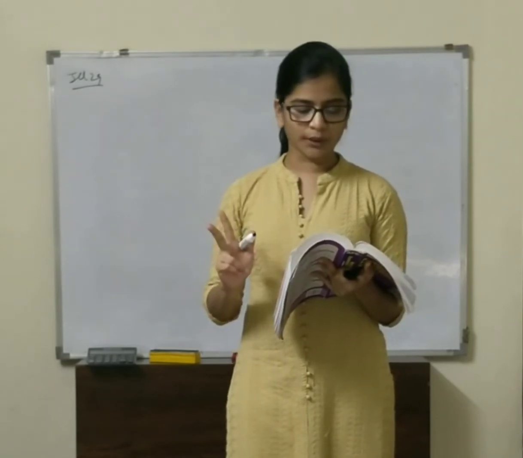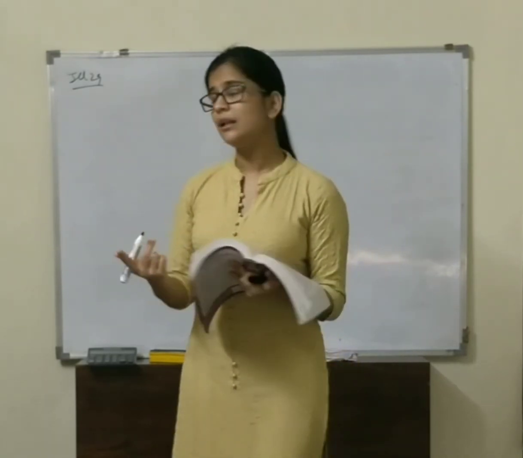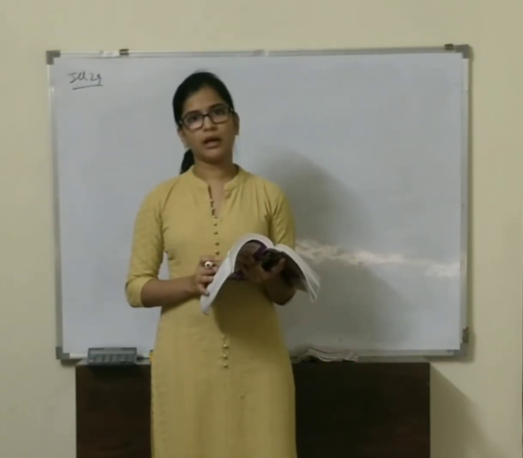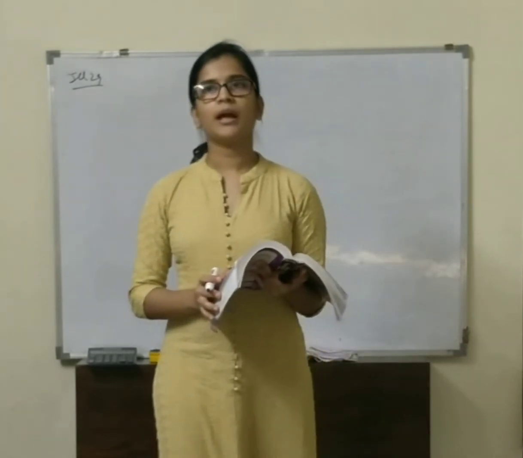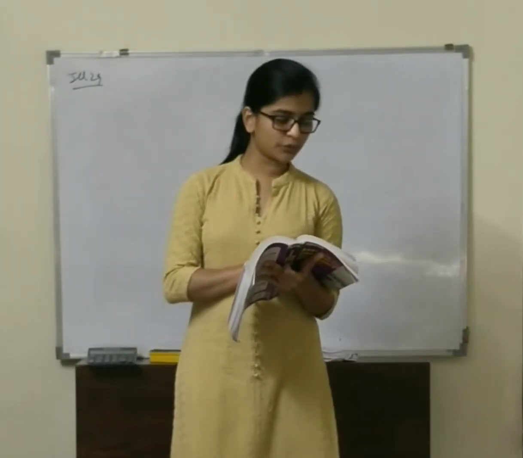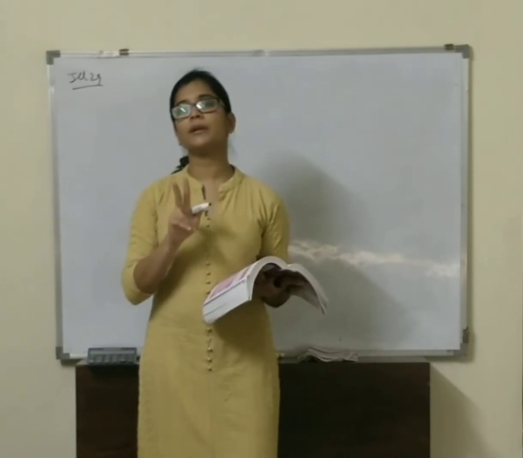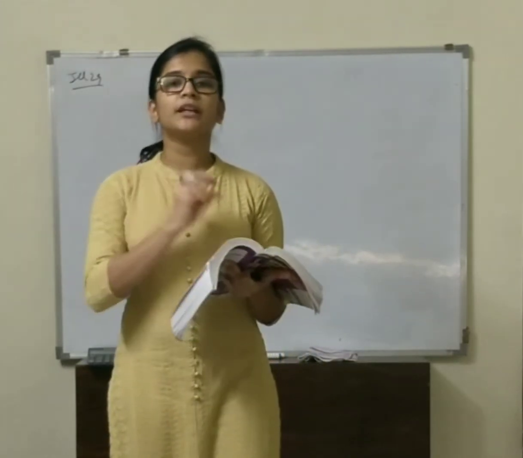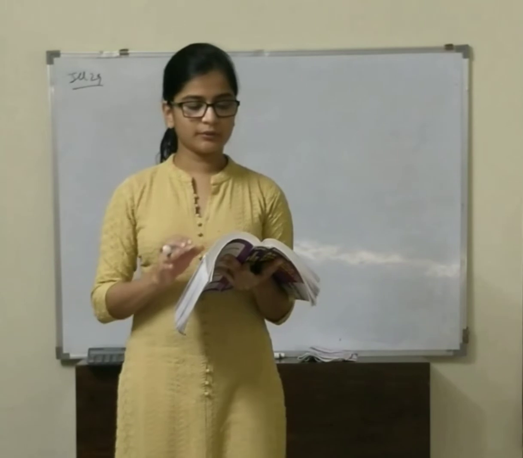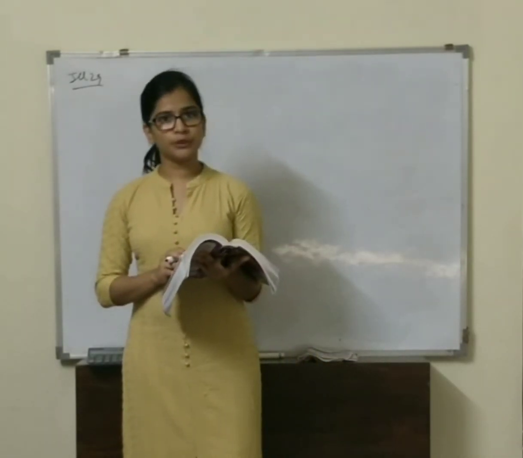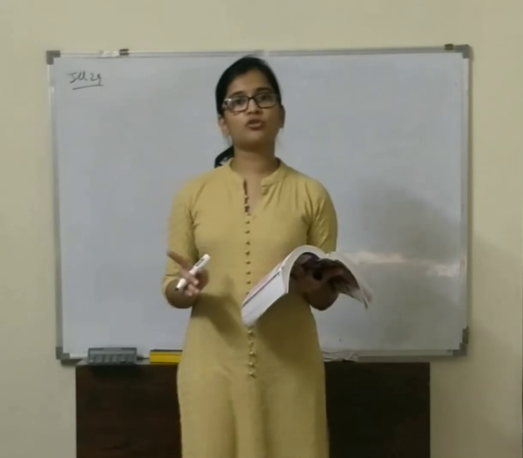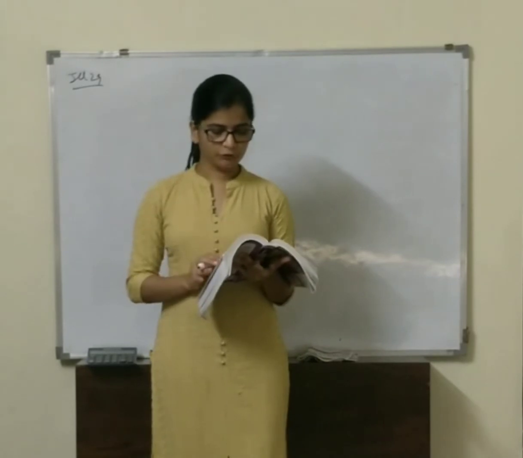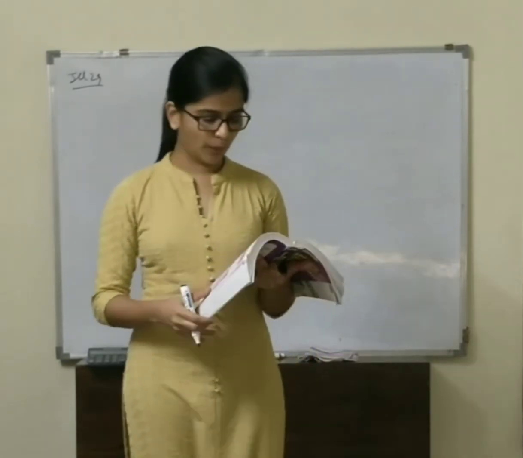So we need to prepare two accounts here, that is plant and machinery account and a land account. We all have studied how we have to prepare our ledger accounts last year, right? And just for your information, the case 1 which was there was on a written down value basis. There are two methods of depreciation, that is straight line method and written down value method. In case of written down value method, this is how we would be doing our problem, and then there will be case 2 which is straight line method, that is another way of working out the problem. So the first one, whichever we are doing, is a written down value method.